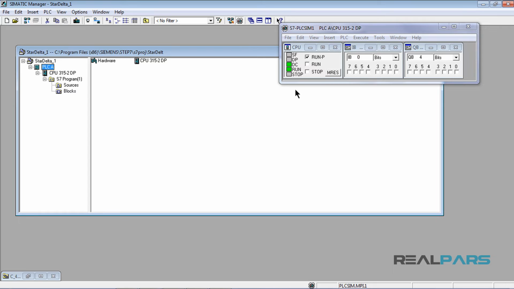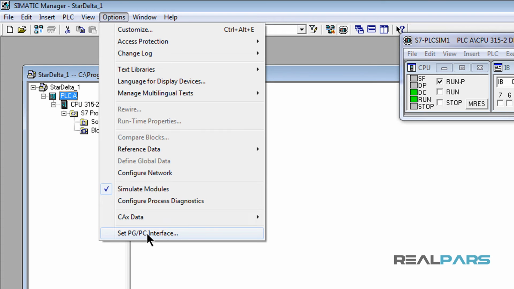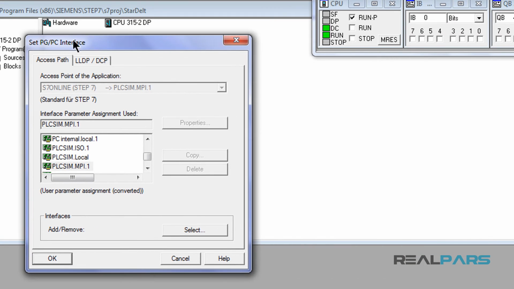For instance, if you're going to connect the software to the simulator, you should define that in the software before connecting to the simulator. Or, if you're going to connect to a PLC through a PC adapter, you need to do a very quick configuration in the software and let it know where it should be expecting to connect. Now, how do you do that, you ask? It's very simple. For that, in the option menu, you should choose Set PG PC Interface for this little window